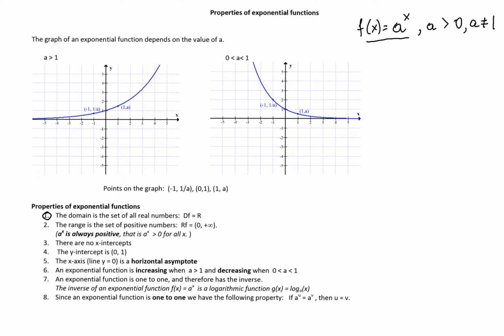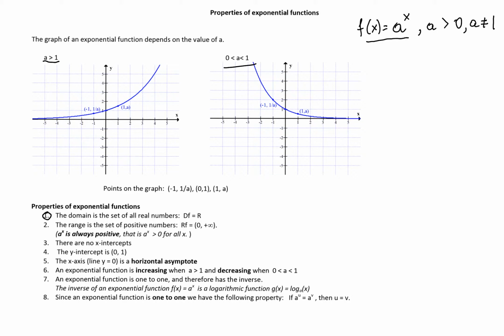The graph of the exponential function depends on the value of a. If a is greater than 1, then the graph will look like the graph on the left. Often we refer to such a function as displaying exponential growth. For example, populations grow, showing this behavior. When a is between 0 and 1, the graph will look like the graph on the right. We often refer to such behavior as exponential decay, as, for example, the amount of radioactive material decays with time,